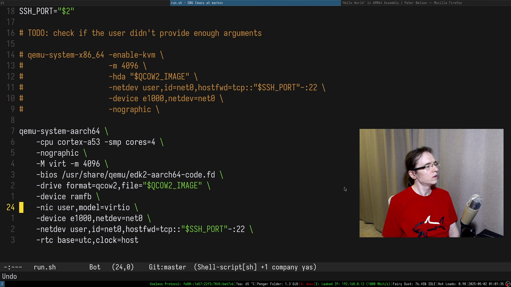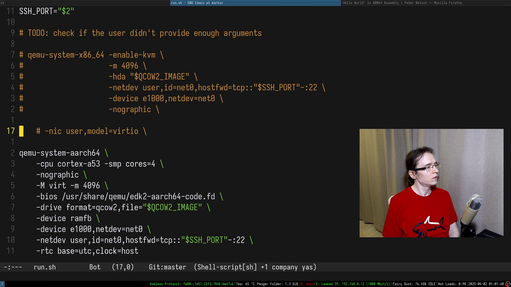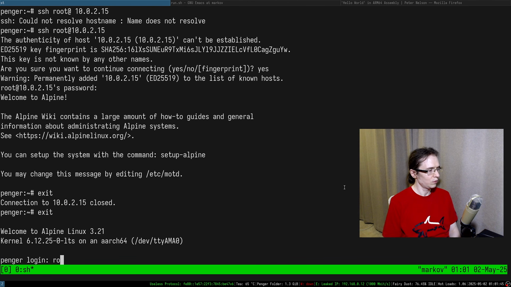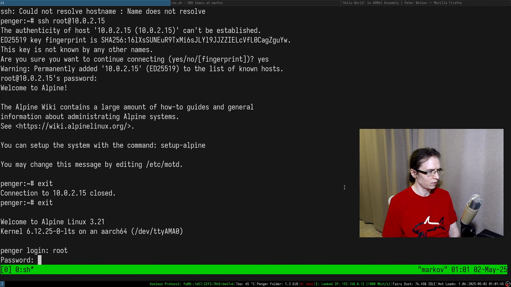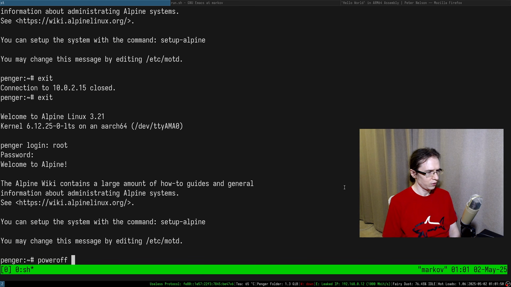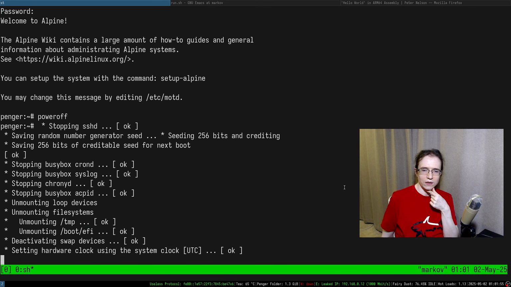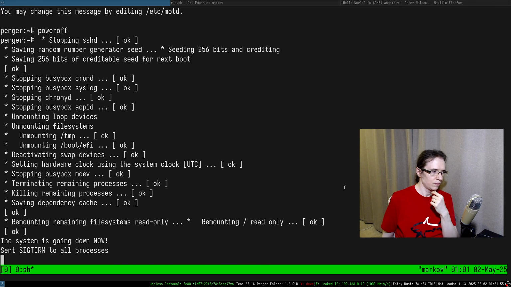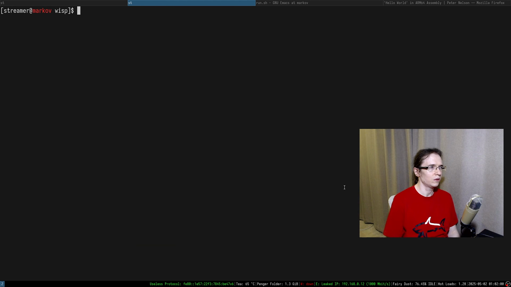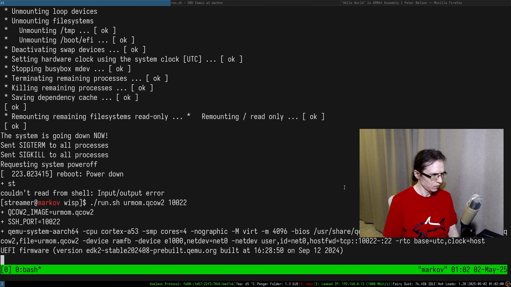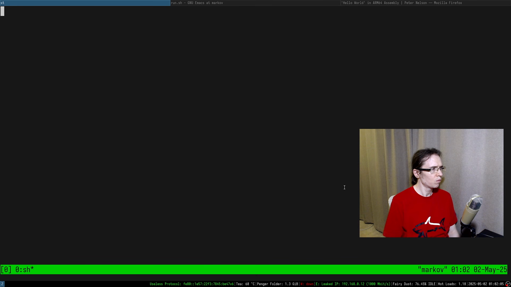Okay, that's a good point actually, I didn't think about that. Virtio, but is it going to break something? Maybe it might actually break something. Let's power it off. Why is the device net0? I have no idea. That's how it's documented. All right.